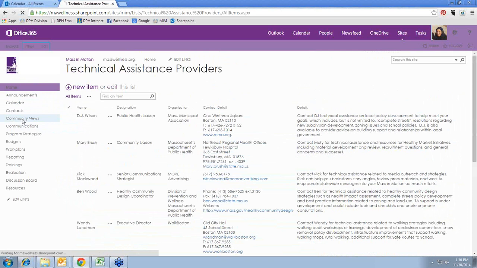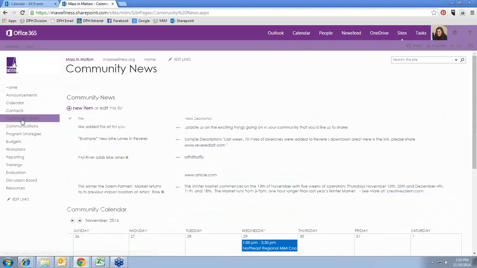All right, the next section is called Community News. And this is completely for communities. We wanted to add a section for community coordinators to announce and share information that you're proud of, that you want us to get the word out about. So this is up to you to add items to this community news list. So we put a couple up here as examples. I'm going to show you how to do that. When you have an announcement or something you want to share with us that you want us to share, or you just want other communities to see, click on New Item,